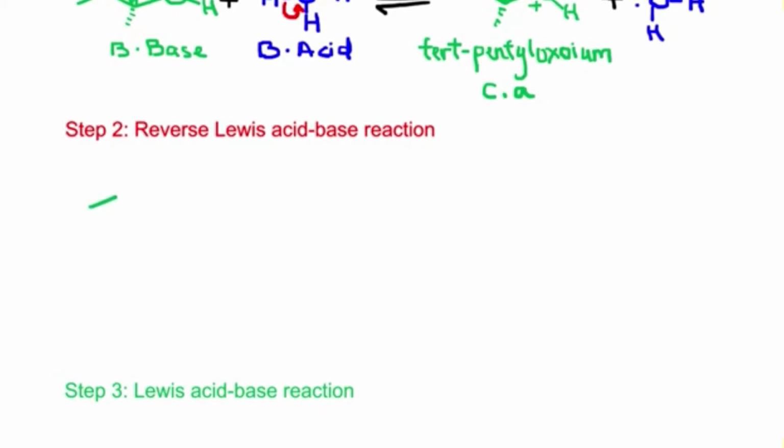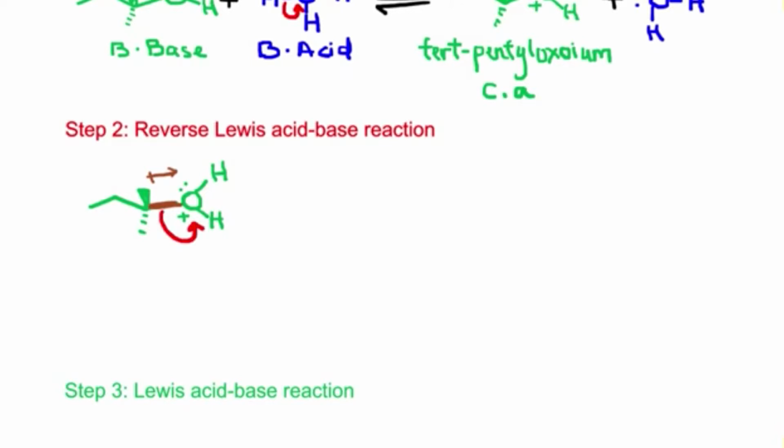Now, the second step is that this tetrapentyloxonium is performing a reverse Lewis acid-base reaction. What do I mean by that? In this step, the tetrapentyloxonium has a formal charge on the oxygen of the protonated alcohol. This positive charge on the oxygen is weakening the carbon-oxygen bond on it, thereby drawing the bonding electrons in the direction of the positive oxygen, because that oxygen is in need of electrons. That is why that pool of electrons is existing right there. As a result, breaking